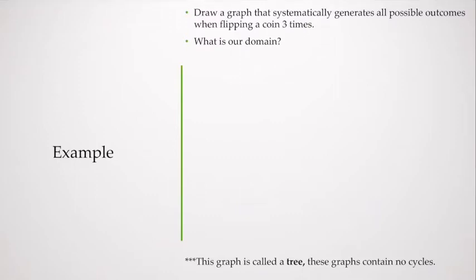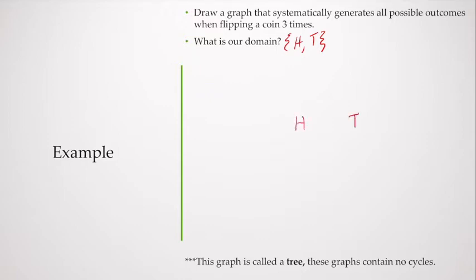For this next example, I want us to draw a graph that systematically generates all possible outcomes when flipping a coin 3 times. We did this in finite math when we were working with probability, right? So our domain is just heads or tails. So if I flip a coin 3 times,